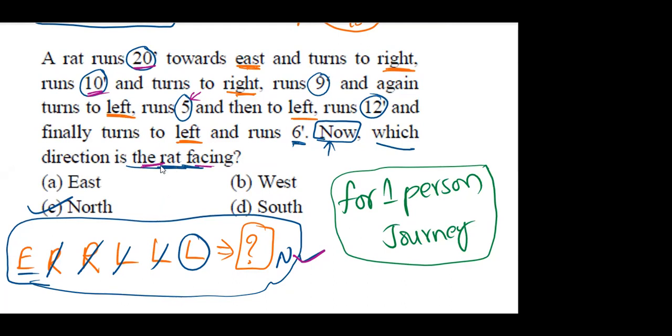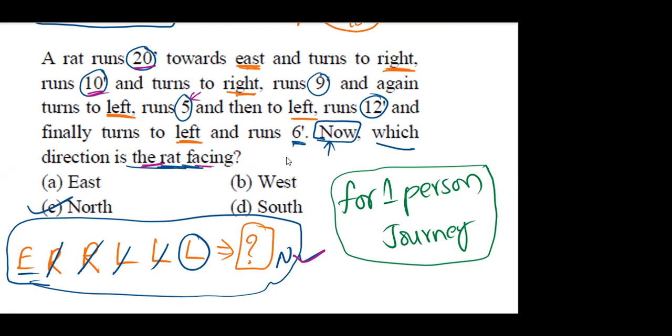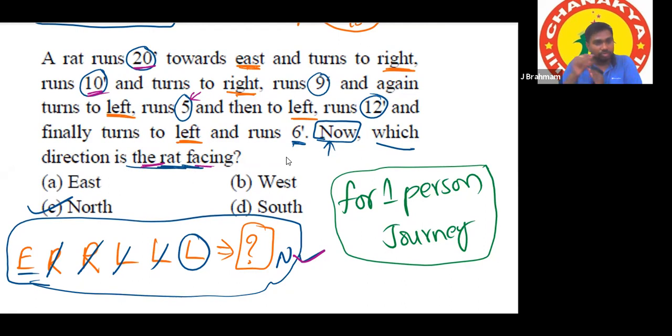Yes. So first of all, we have to see what the question is. The question is the final facing direction, so we don't need to consider the distances. So where do we consider the distances? When they ask about distance, and there is one more case: when the question is about one position with respect to another position, we also have to consider distances.